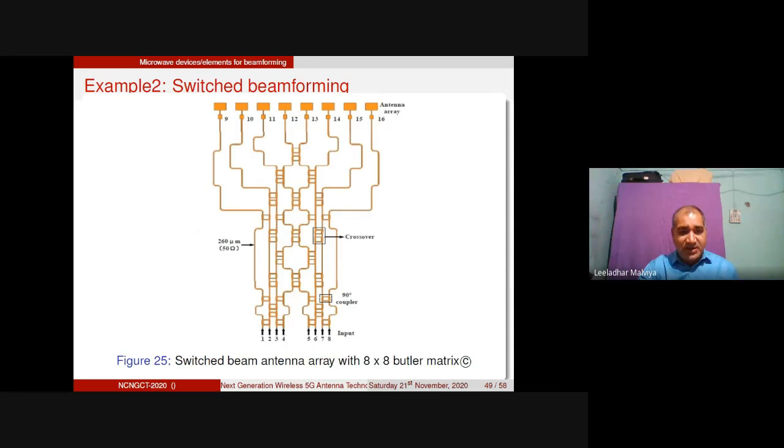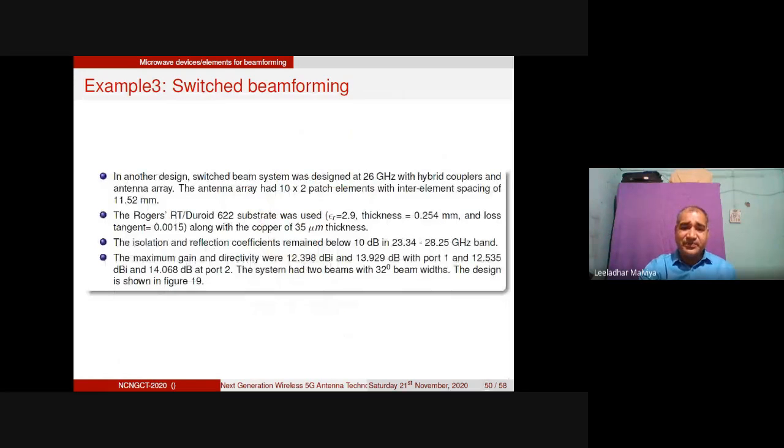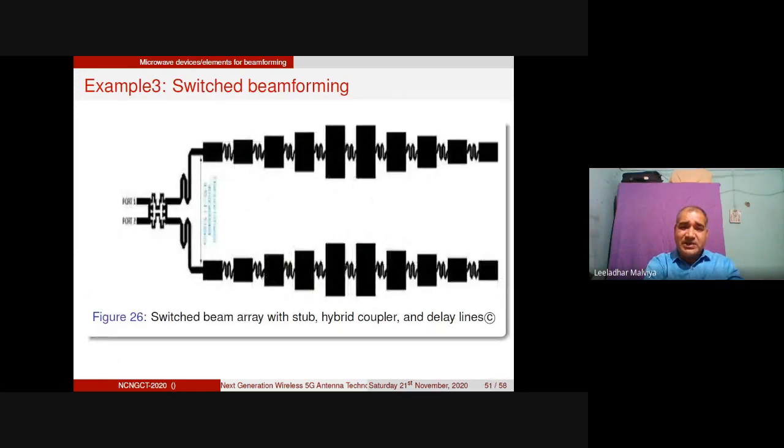So now let's move ahead and look at another scenario. Here, a tapered design has been done. Stub matching is used here. Hybrid couplers are used here. Delay lines are used here. And by making this design, the bandwidth was enhanced, as well as coverage in a particular direction, only two directions, because this is a case of a 2x2 Butler matrix, right? So two directions were covered. But if you look at this tapered arrangement, a tapered arrangement is always preferred when you want to increase the bandwidth.